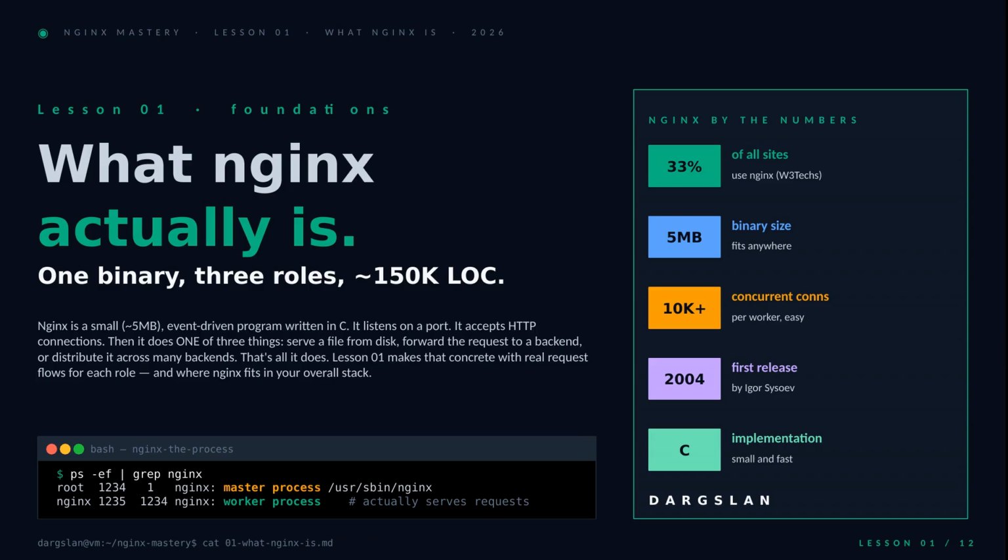Welcome to Nginx Mastery. Before we touch a single config file, we need to lock in what Nginx actually is, because once you see it clearly, everything else in this course falls into place. It's a small, event-driven C program, about 5 megabytes on disk, that listens on a port and does exactly one of 3 things with each request: serves a file, forwards it to a backend, or distributes it across many backends. That's the whole job. 3 roles, 1 binary, and over the next 12 slides, we're going to make each of